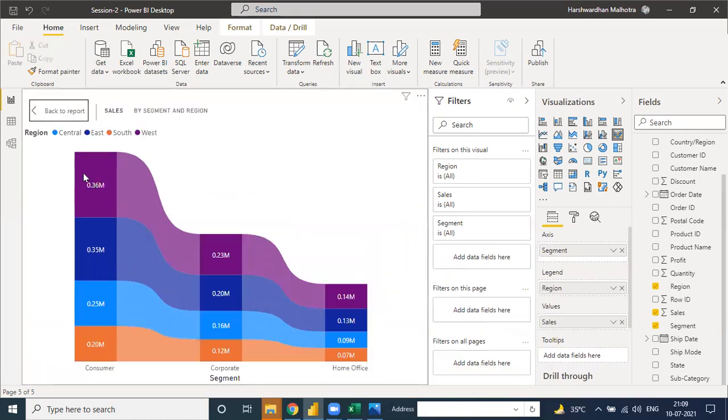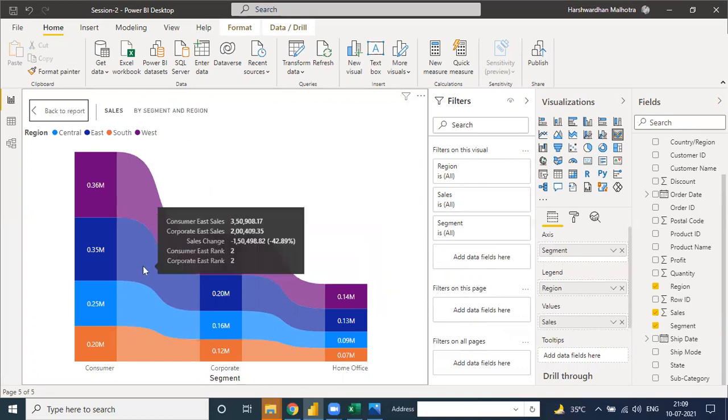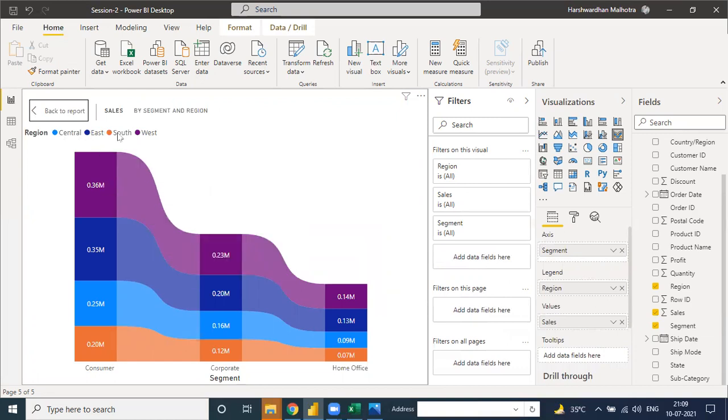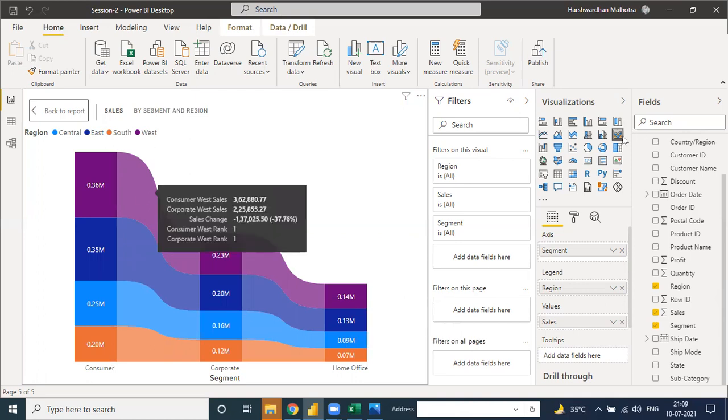See, the highest number is 336, then 0.35 million, 0.25, and 0.20. And it's a ranking chart. Central, East, South, and West are not alphabetical, it's ranking wise: number 1, number 2, number 3, and number 4. It's a ranking chart, so you need to establish a ranking-wise chart. For this, it is a ribbon chart.